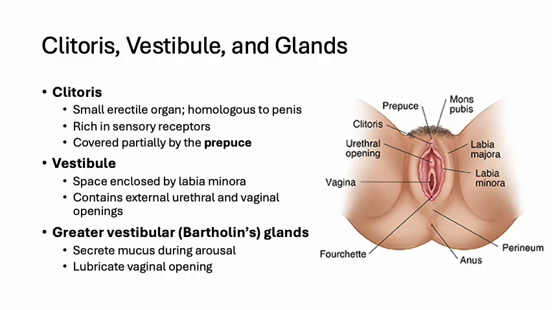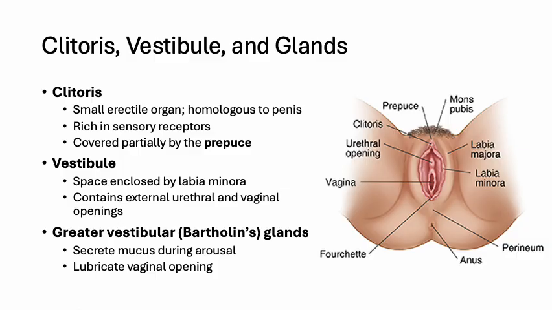At the upper margin of the vestibule lies the clitoris, which is a highly sensitive structure composed of erectile tissue and packed with sensory receptors. Like the penis, it becomes engorged during arousal and is partially covered by a fold of skin called the prepuce. The vestibule itself is the central space between the labia minora and houses both the external urethral orifice and the